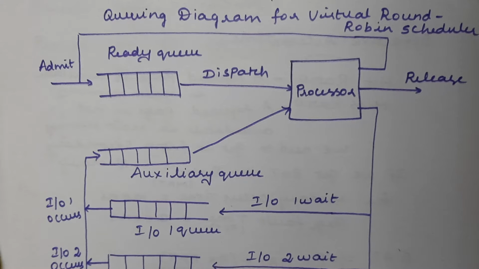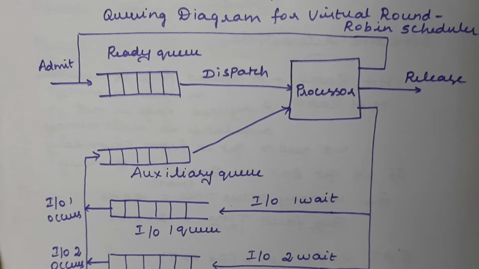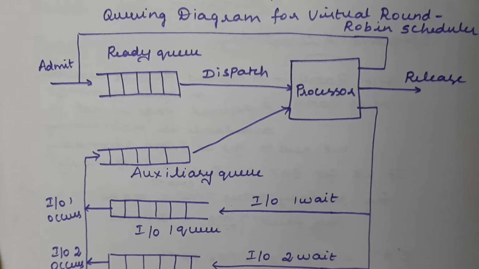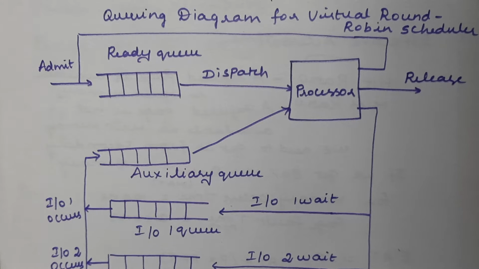If you keep on storing all the processes again and again in the ready queue, what happens? It will not give a chance to any new process that may enter the ready queue, because we keep on doing this preemption. And here also, if the time quantum is very low, then the context switches will increase. If you increase the context switches, then your performance will be degraded, which means the CPU will be engaged more in performing context switches rather than executing the processes.